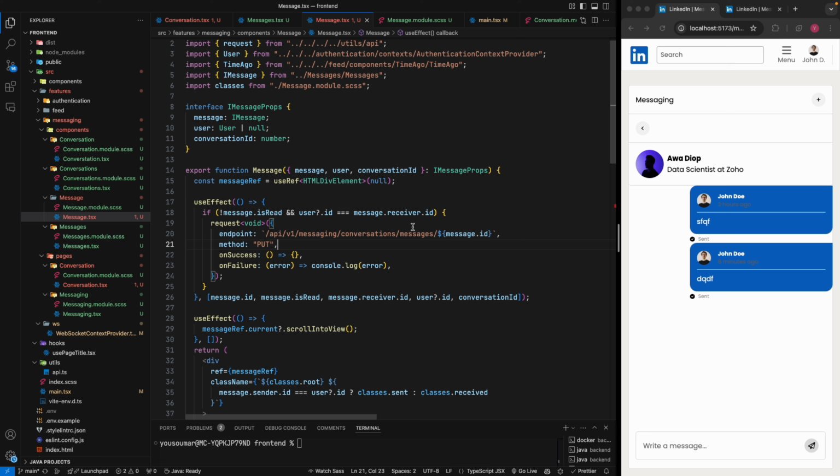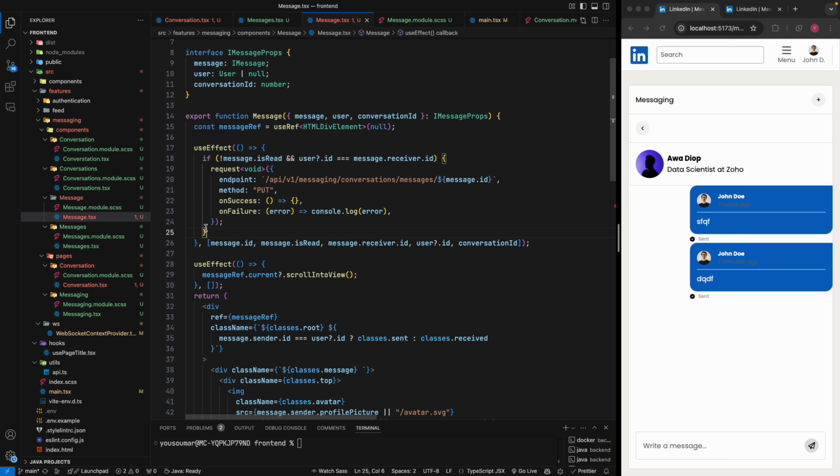So when we call this endpoint, it's going to grab the ID of the message and mark it as read. That's how we are going to be able to change this to read. But we don't make this call for all renders. We only do it when the message is not read, and also the user, the logged in user, is the receiver of the message. That's why we are actually getting this user. So if that happens, we do that, and then we are adding this